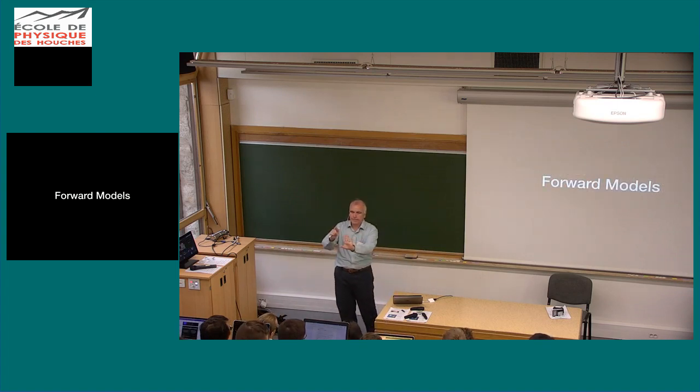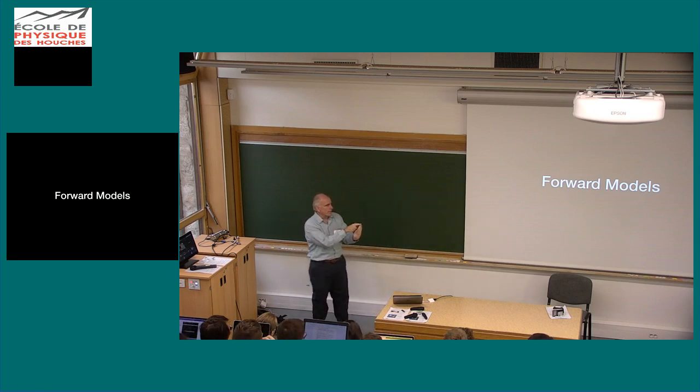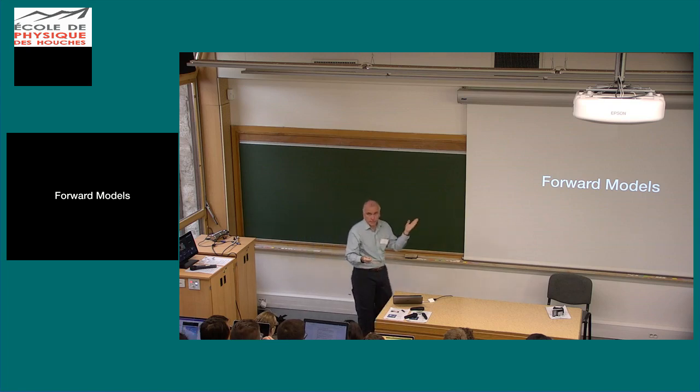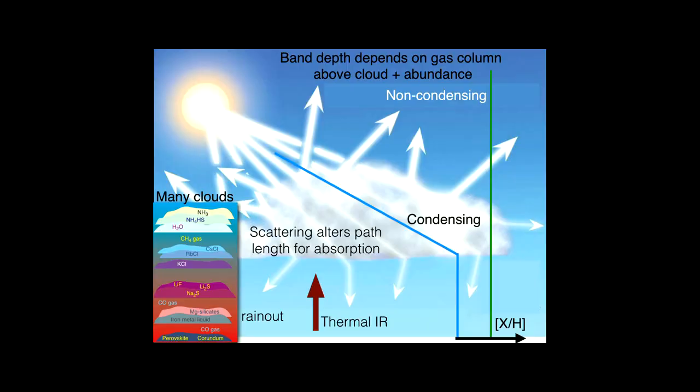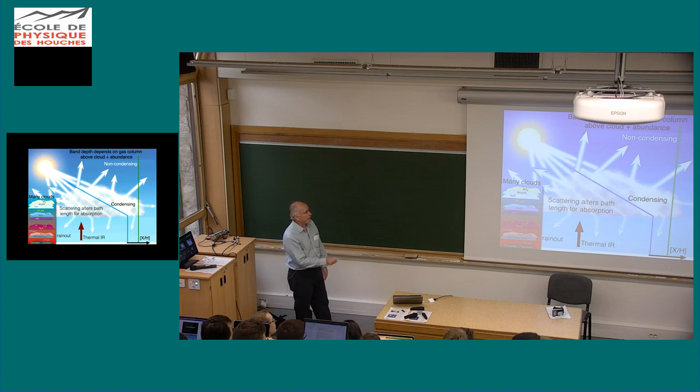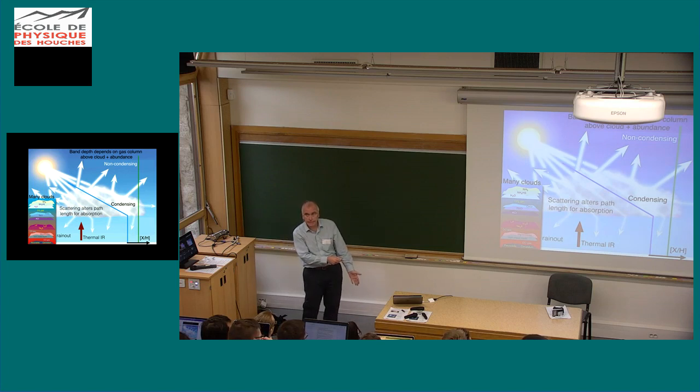Finally, I've told you four examples: brown dwarfs, transiting planets, which I sort of skipped over but which we know are important, reflected light planets, and just doing forward models to figure out the energy balance of these things. We've got to understand the clouds. Here's a cartoon I got off the web. There's thermal flux coming off the bottom, incident flux bouncing around. If there's some gas that doesn't condense, say has a constant abundance, if I'm plotting abundance over here in a cartoon sense, here's a constant abundance, but if I'm trying to measure the abundance of this gas, say this is water or this is methane, the column of methane I see depends on where the